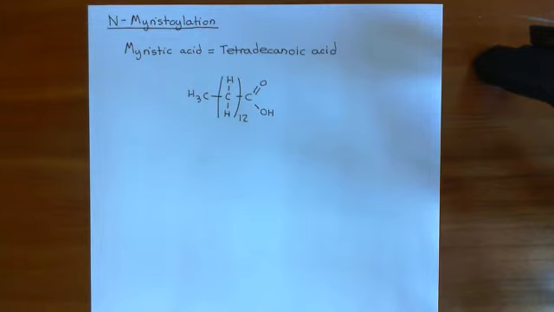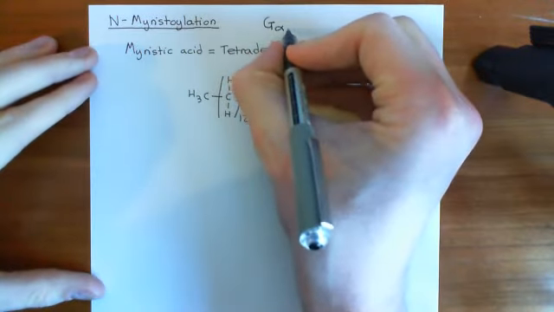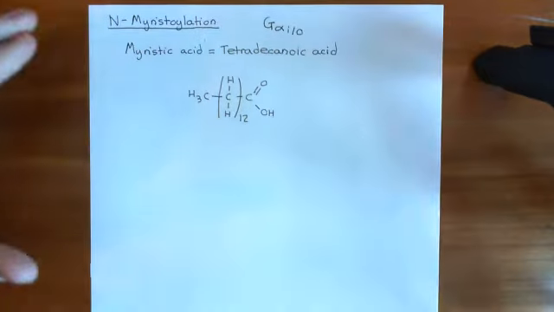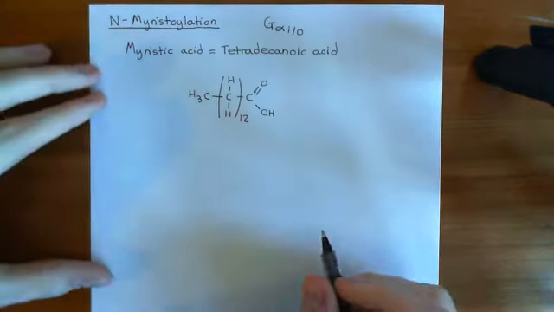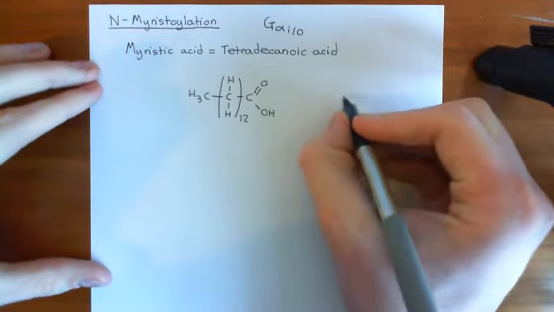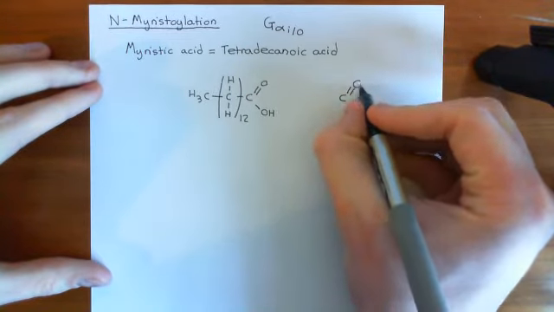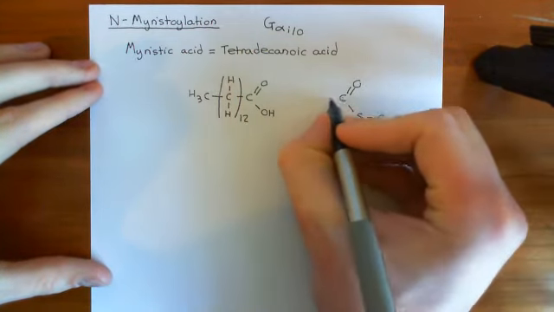Okay, but some of them, specifically members of the G alpha i/o family of alpha subunits, also get N-myristoylated. Now, this involves the addition of myristic acid onto the actual amino terminus of the G alpha subunit. Again, you don't add myristic acid directly onto the protein. Instead, you use myristoyl coenzyme A, which is a myristic acid molecule linked via a thioester link to a coenzyme